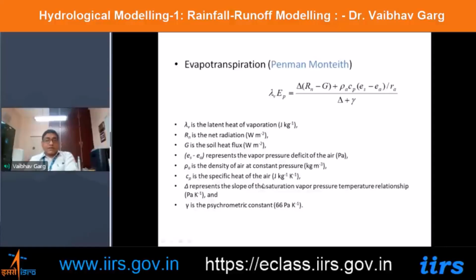Cp is the specific heat of the air, delta represents the slope of the saturation vapor pressure temperature relationship, and gamma is the psychrometric constant. This is the most widely used method for evapotranspiration estimation. So this is how it calculates the